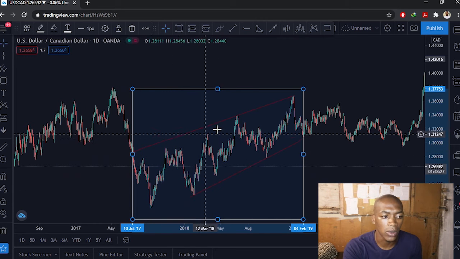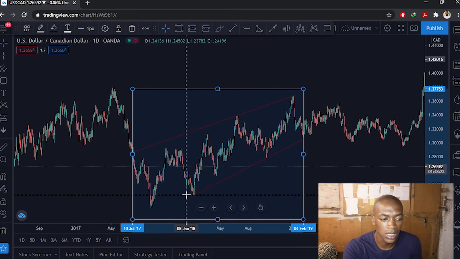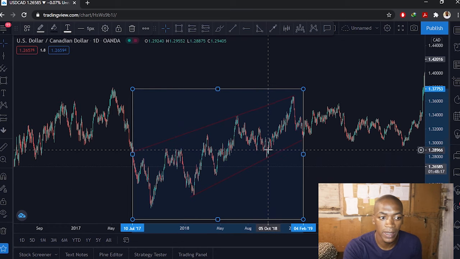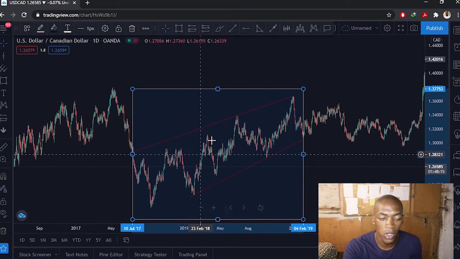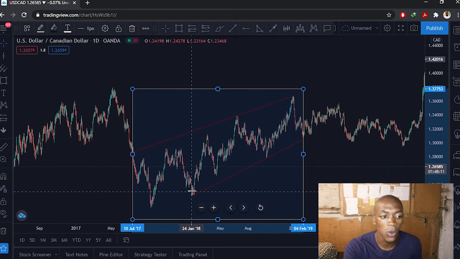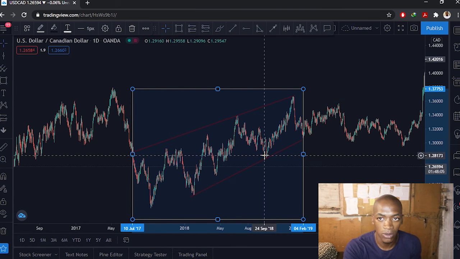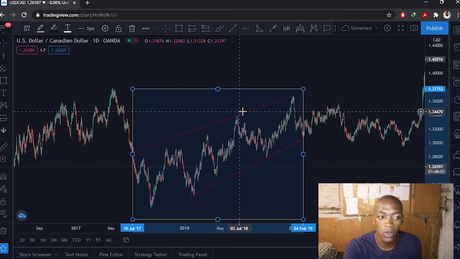We can see that with this line that we have drawn here. Every time the market reached that line at the low, it created pivot lows, that is, turning points to the lower part. And then here it created pivot highs. So in an uptrend, pivot lows we call higher lows, and pivot highs we call higher